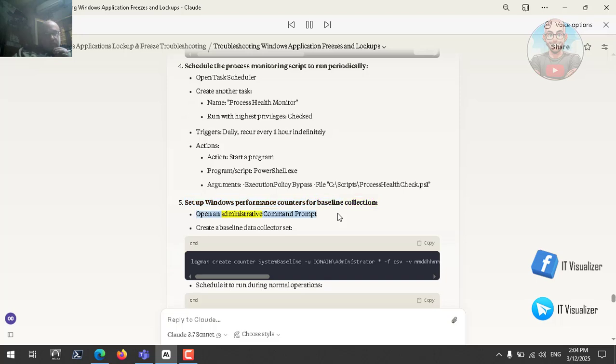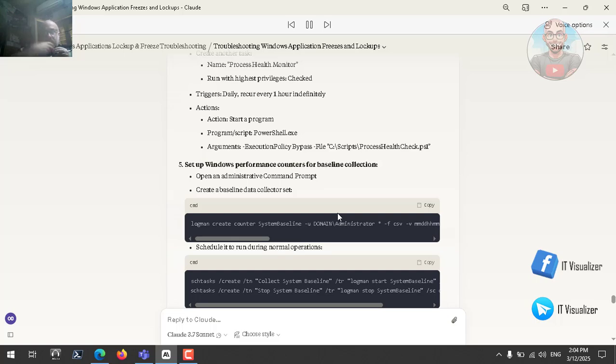Open an administrative command prompt. Create a baseline data collector set. CMD. Copy. Logman create counter system baseline. udomain /administrator asterisk FCSV. VMHMM. Max 50. C /logical disk asterisk